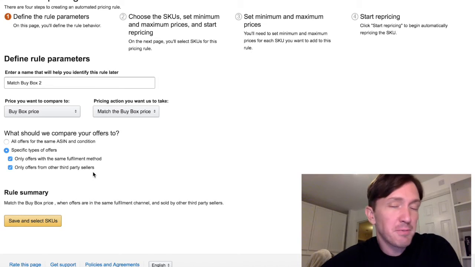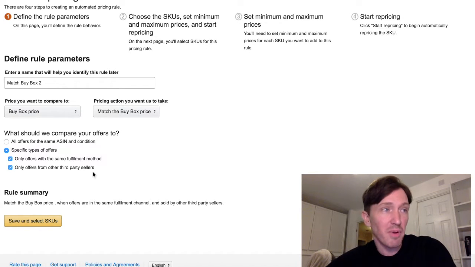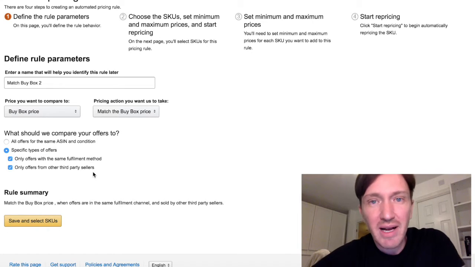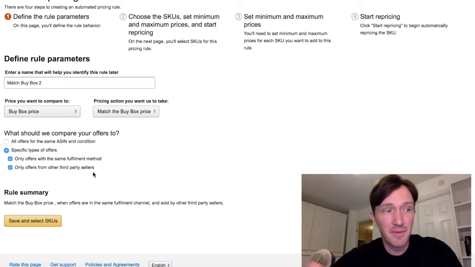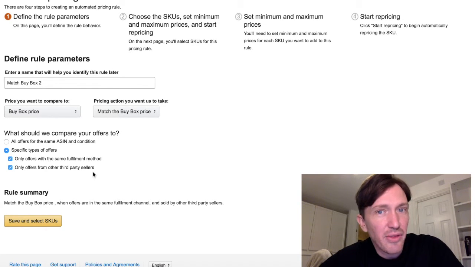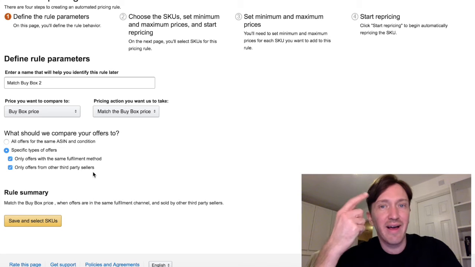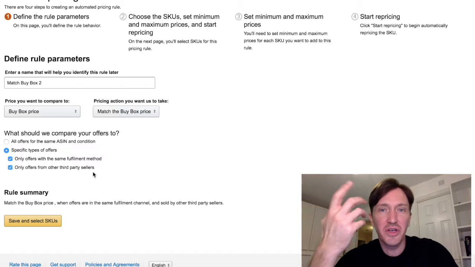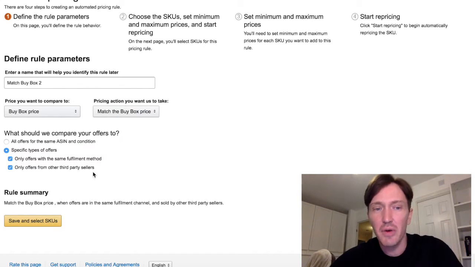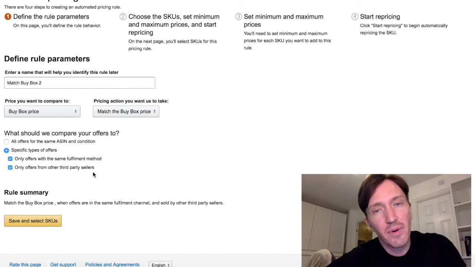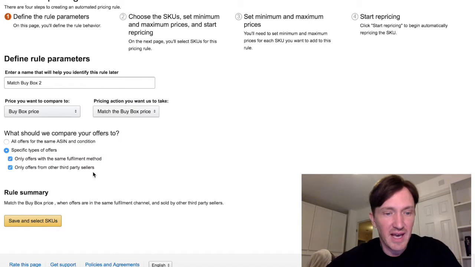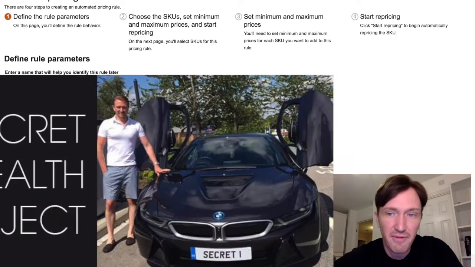But again, this might not be a set and forget thing, but I don't think any repricer should be. The amount of times I've come in to check a random product and seen what a repricer's done, whether it's a paid-for one, and I have tested the main big ones, or a free one, and I've looked at it and thought, why has it done that? If only it had a bit of artificial intelligence or a human's brain, it would know that was a mistake. So you probably do want to intervene at times, but mostly you can set and forget it. So all you do then is you save and select SKUs,